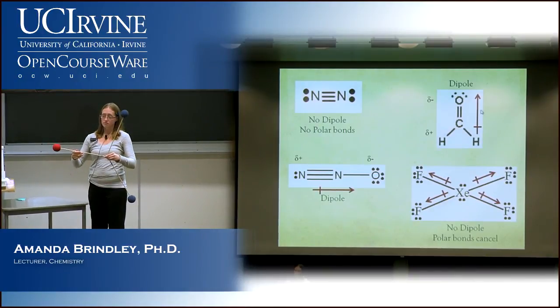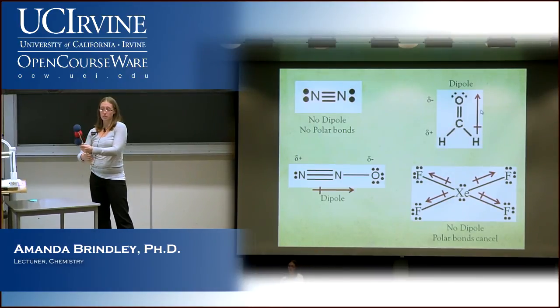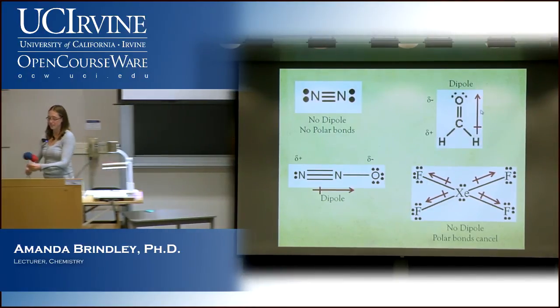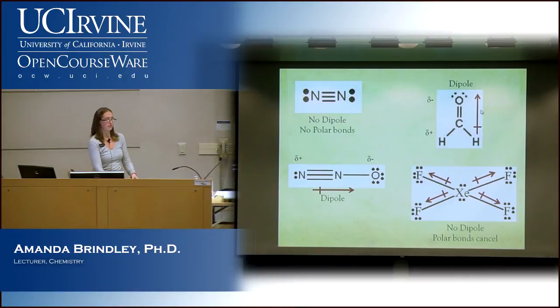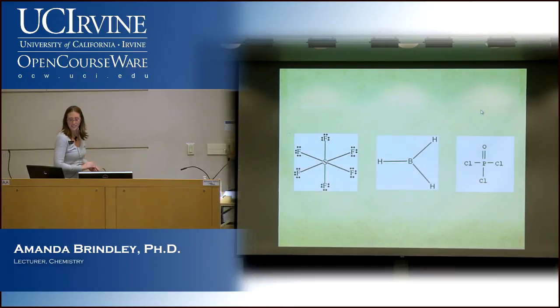Just a general question on electronegativity. If you have two elements in the same group, not the fluorine group but any other group, do they have the same electronegativity? You mean going down the periodic table? So what do we think? Going down the periodic table, what happens to the electronegativity in general? Does it get bigger or smaller? It gets smaller, right? Okay. Anything else? All right, next ones.